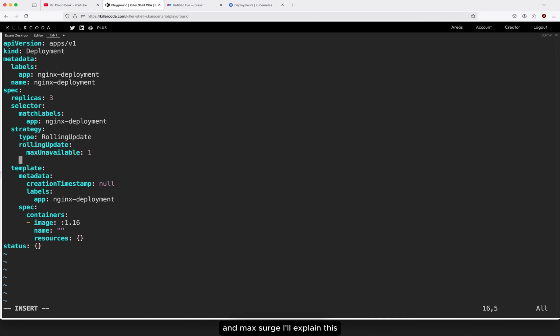And maxSurge, I will explain this, no need to worry about it. maxSurge one. The remaining are simple, I don't want to change anything. If you want to expose it to any resources like port 80, you can. A deployment file you already know, but I'm explaining the strategy. Strategy type, we are specifically using the rolling update strategy, and in rollingUpdate we are using